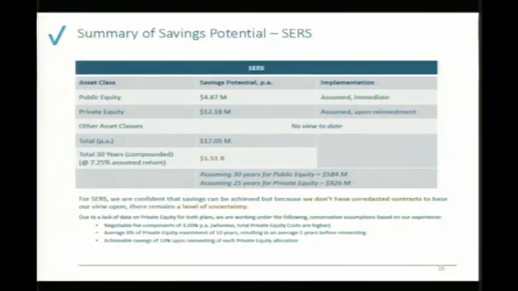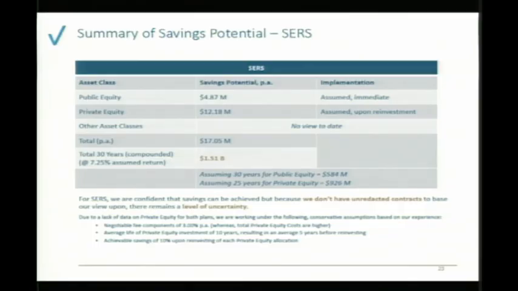Next. So we come to the summary of savings potential. This is just to give you an idea of how the 1.51 billion that we believe SIRS can achieve comes about. We later have the same slide for PSIRS. And again, this is what, from our experience of having renegotiated a lot of assets over the past 12 years, and from looking at the portfolio of both SIRS and PSIRS, we think can be achieved through renegotiation. And these are the numbers.